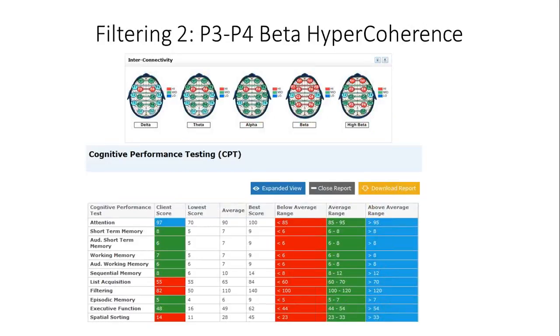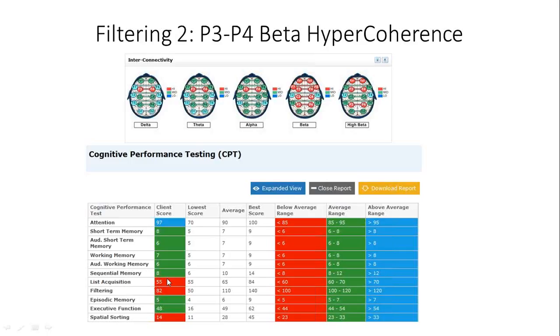And you can see that again here, that same issue, and it's showing up spatial sorting problems and filtering problems. So again, that shows you how hypercoherence in beta tells you that there's spatial sorting problems and filtering problems. Particularly F7 and F8 is filtering information, probably coming through the insular and ventral pathways into the frontal and prefrontal regions of the brain. And that's, again, showing up here.